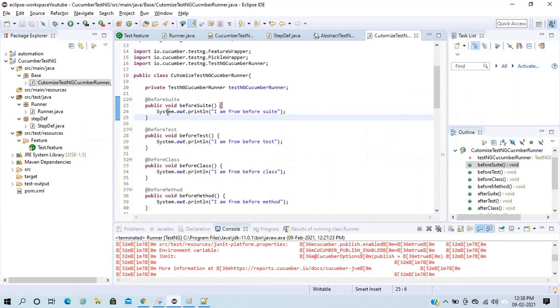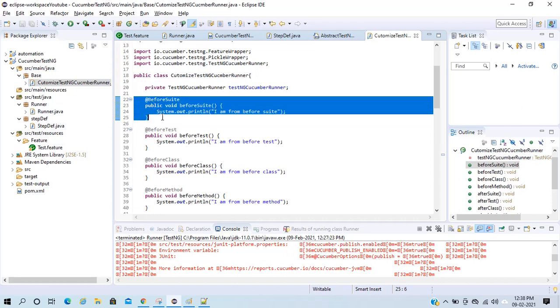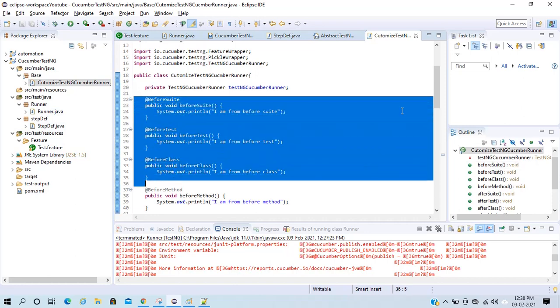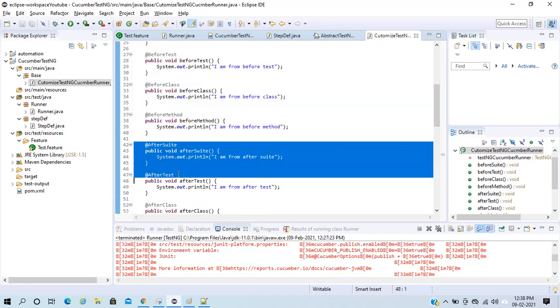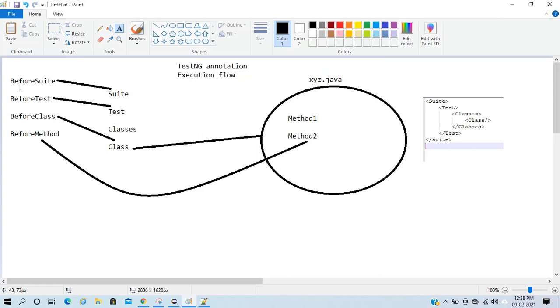Going back to my project, so I did the same thing. I've added before suit, before test, before class, and before method, and the same for after. So after does the same thing: before the suit it will execute, and after completing the execution my after suit will execute here.